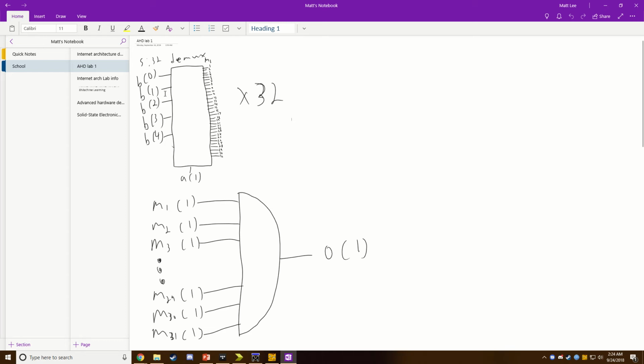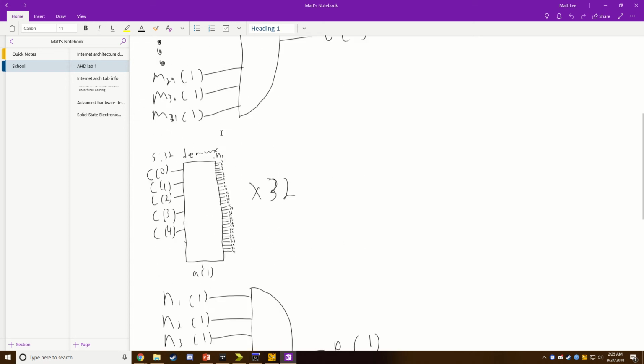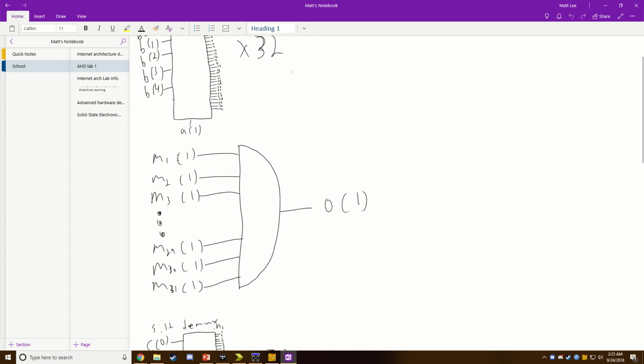So the B's would choose how far this is rotated, and each of these demuxes would have to be set independently of all the other demuxes. So the demux for the enabler A2 would be different, of course, than the demux for A1, but they're remarkably similar. And so you can see it outputs to M1, which is just the in-between signal. So M1, 1, for instance, if this was all 0, would then be routed to an AND with all of the M1, like M1 for the first demux, all the way up to M31 for the 31st demux, and all of their 1 outputs would all be ANDed, and the output would be